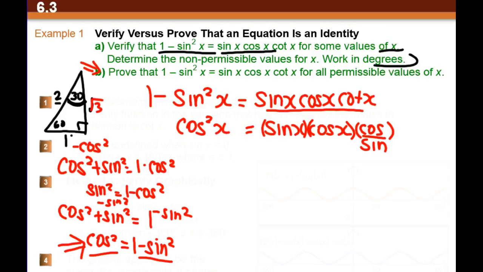Now we have all these guys multiplying together. So this can cross off with this. The sine can cross off with the sine. And we're left with a cos times a cos, which is what? Cos squared. And now we have cos squared x equals cos squared x, so we proved